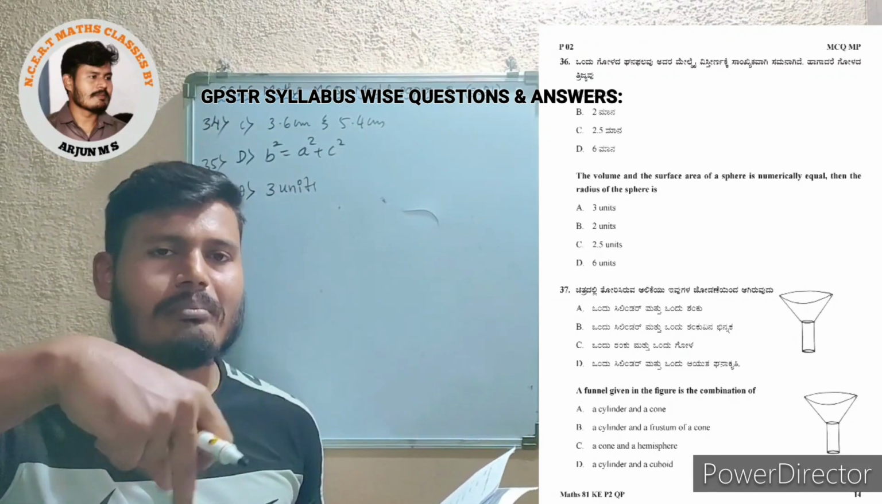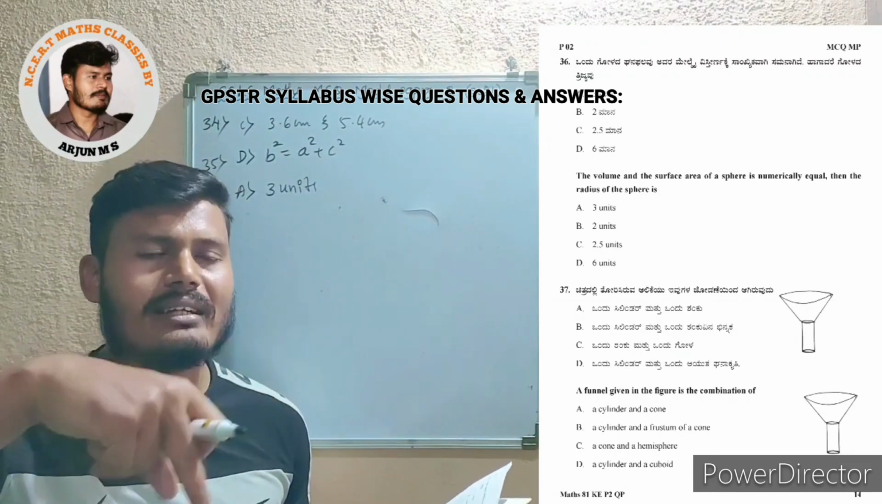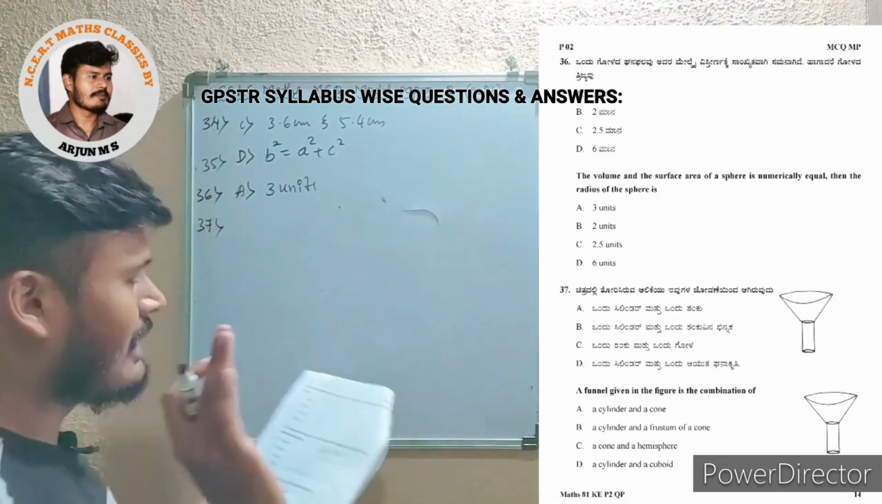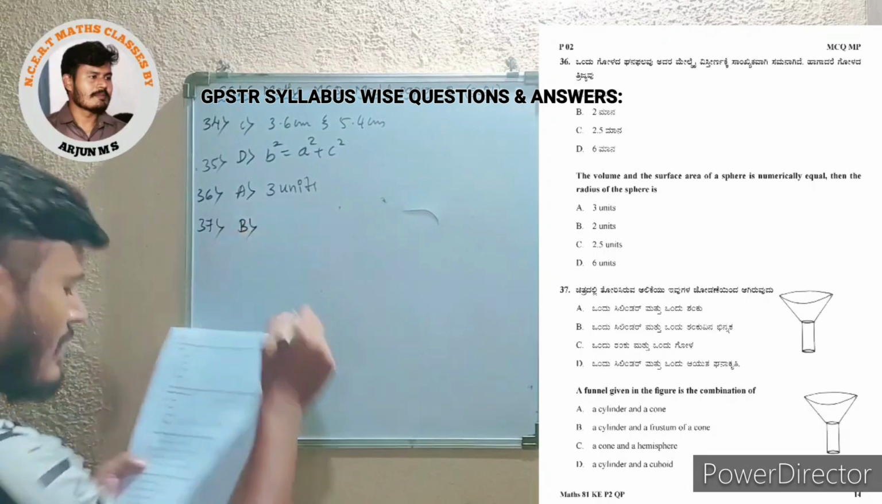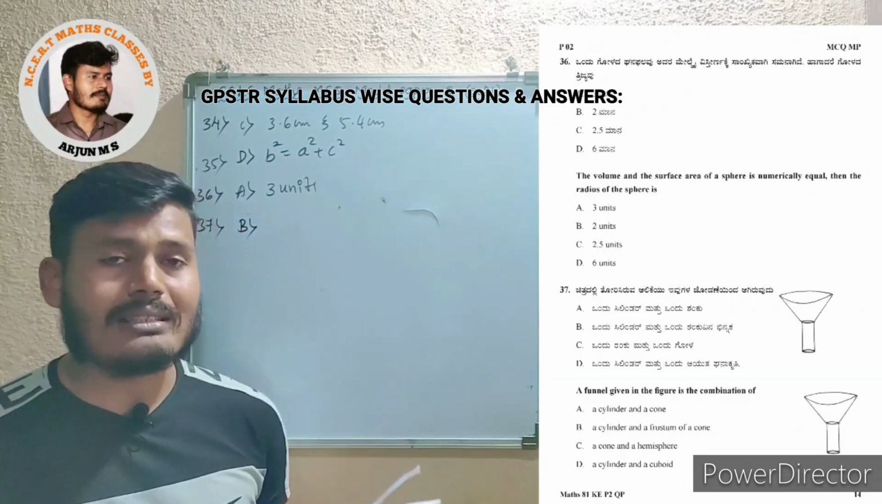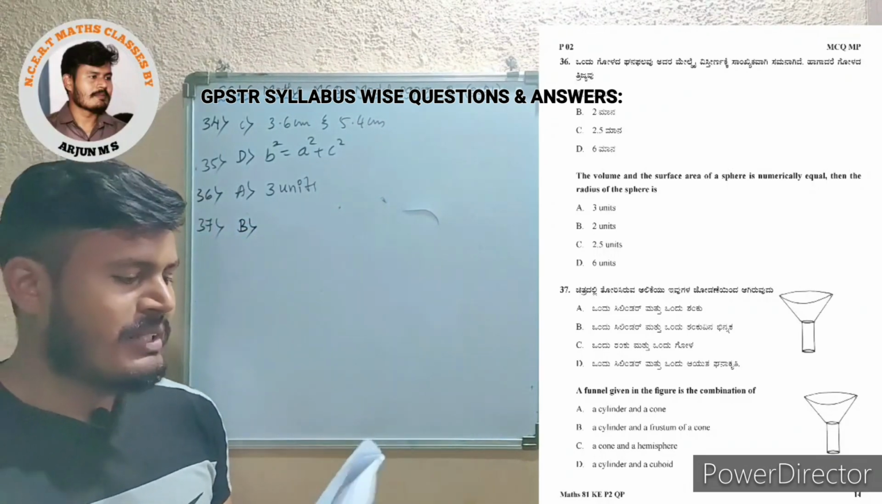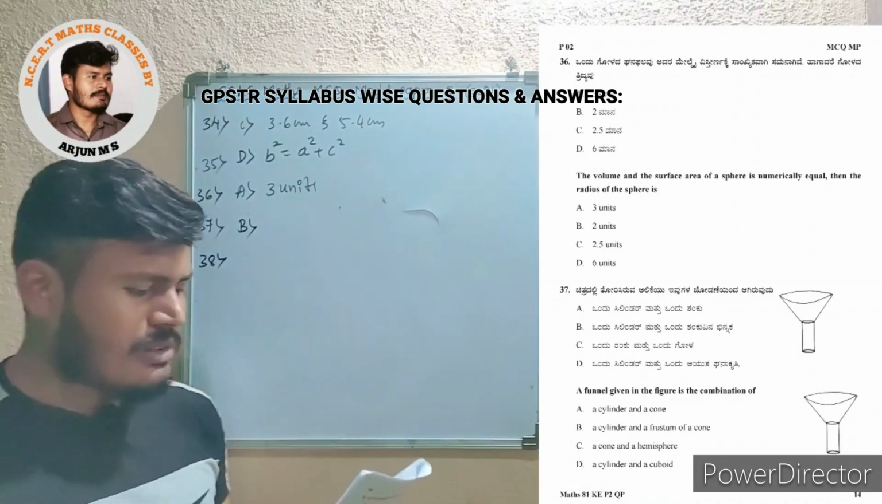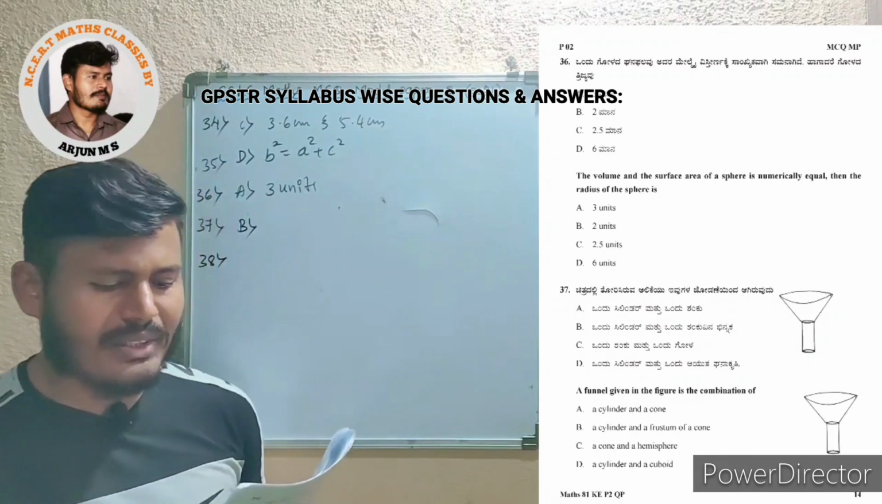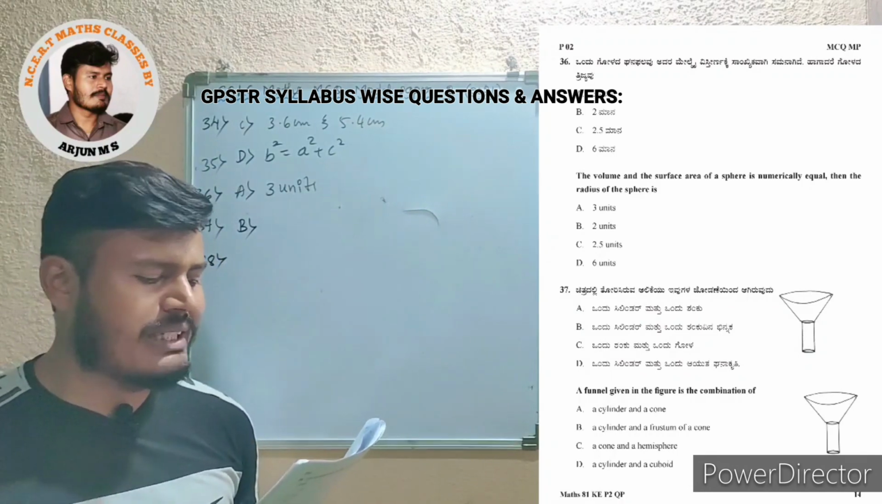One base is equal to the top surface of the cylinder, and another one is the circular surface. That's why option B is correct. A cylinder and a frustum of a cone is the correct answer. So, 38th question. The solid is in the shape of a cylinder with two hemispheres stuck to each of its